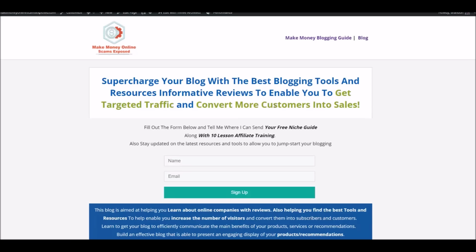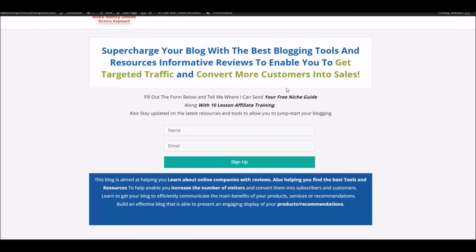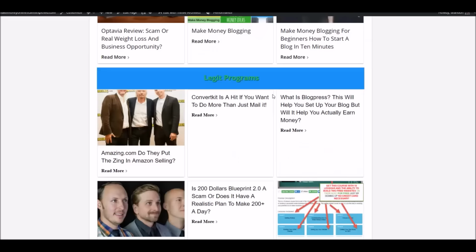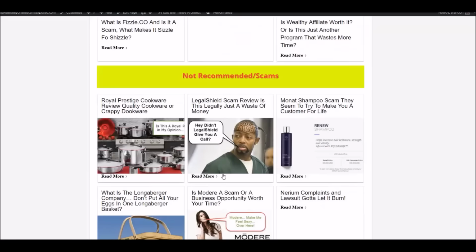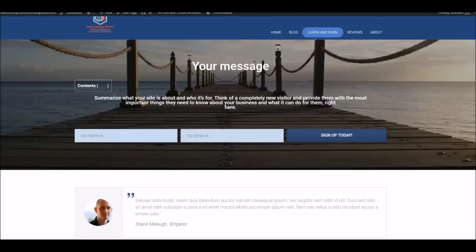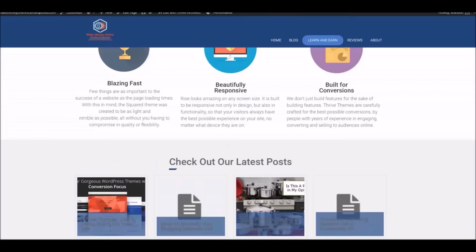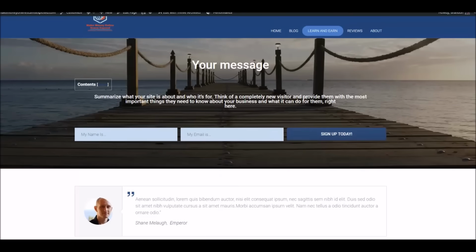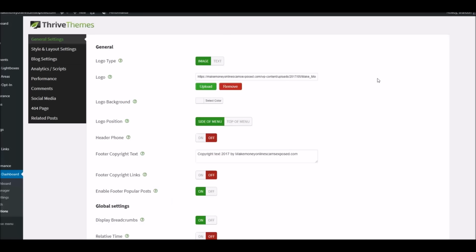It's very ugly. So right here, I put a terrible looking opt-in. I put these ugly colors. I put a mishmash hodgepodge of stuff. So as you can see, they have a lot better formatting and professionalism when they use the templates they have. And so basically that is how you edit anything with Thrive, and you have theme settings,